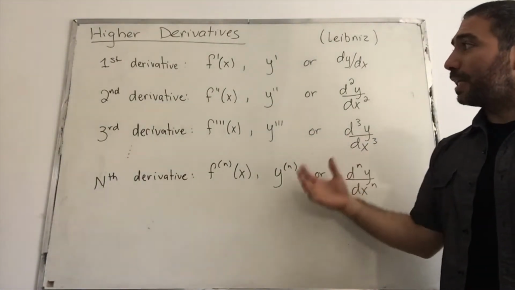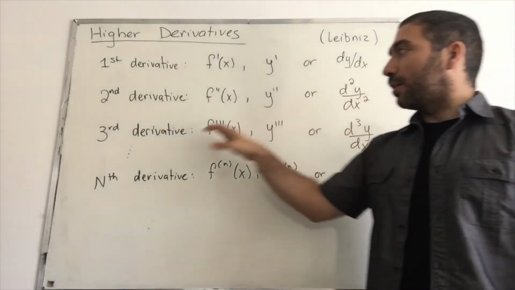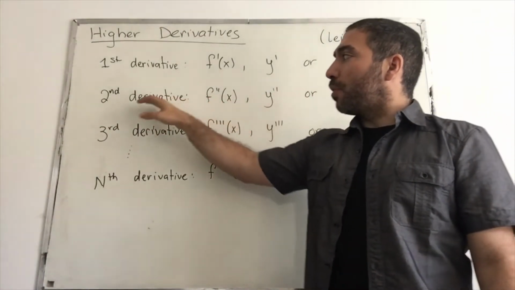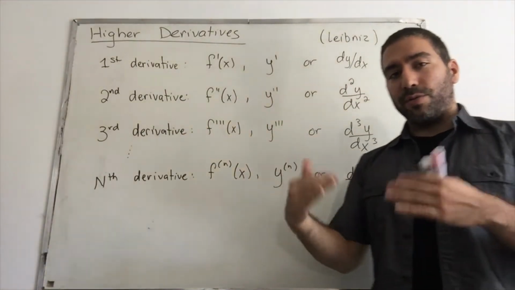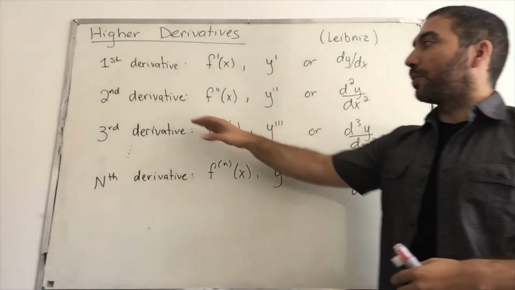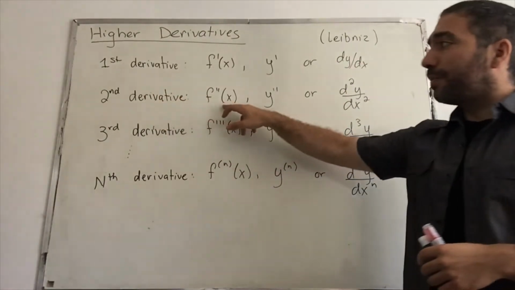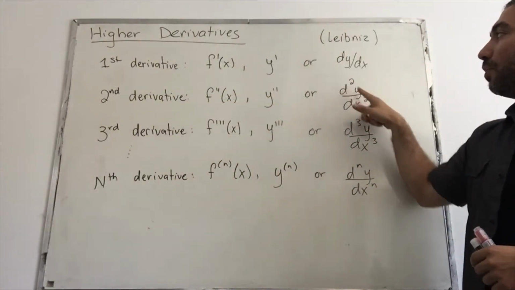The second derivative, so essentially to get the second derivative, this is the notation that we're going to have to get accustomed to. But what we mean by taking the second derivative is you're given a function, you take the derivative once, you get a new function, and then you just take the derivative again. So essentially we're just taking the derivative multiple times. Okay, so for the second derivative, we have f double prime of x, y double prime, or d2y over dx